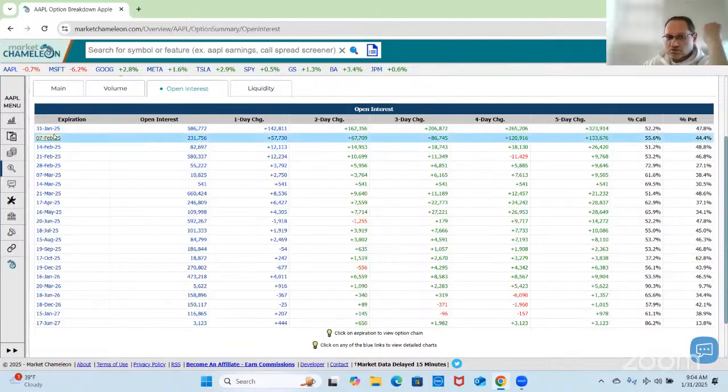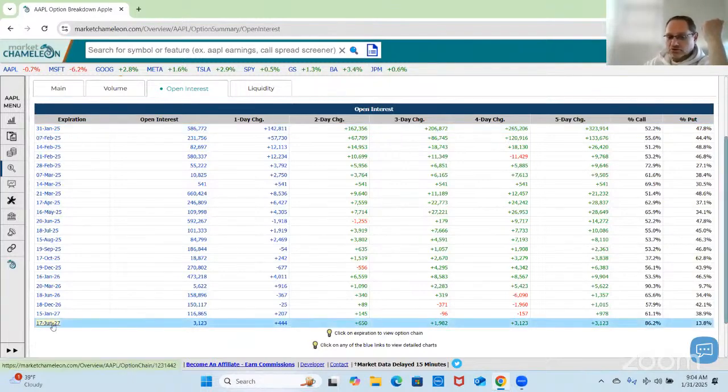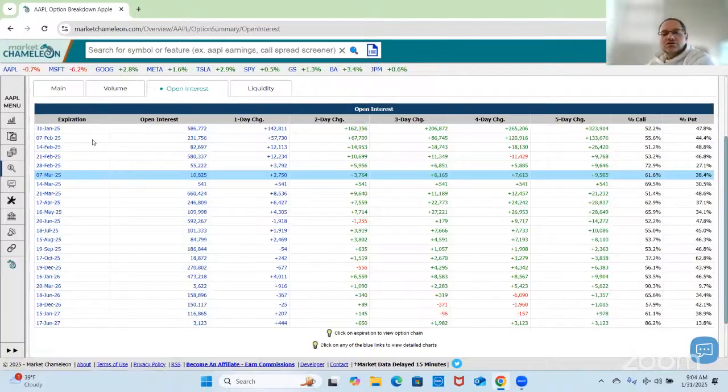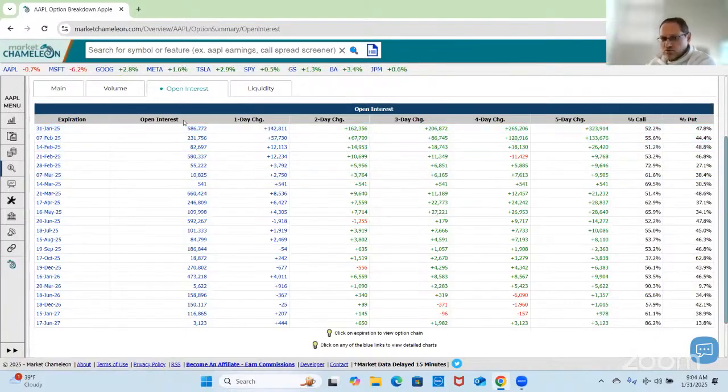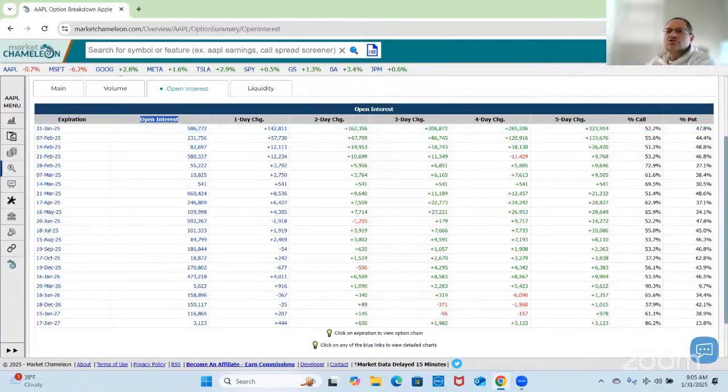You can see here they're ordered from the most recent, or the ones with the lowest DTE, days to expiration, to the ones furthest out. And reading from left to right, we have the total open interest for that expiration. And then we have the 1 day change. Did it move up or down? And then we have this cumulative 2 day change, 3 day, 4 and 5 day change,